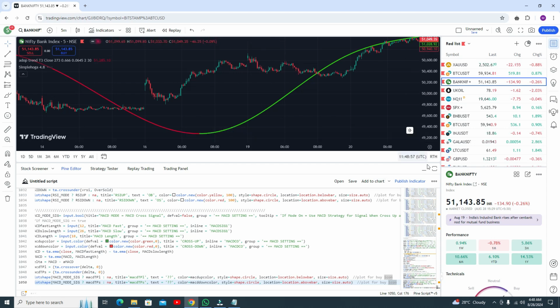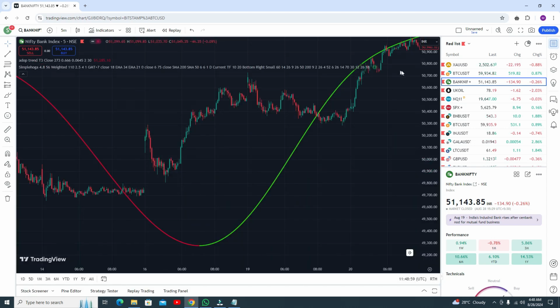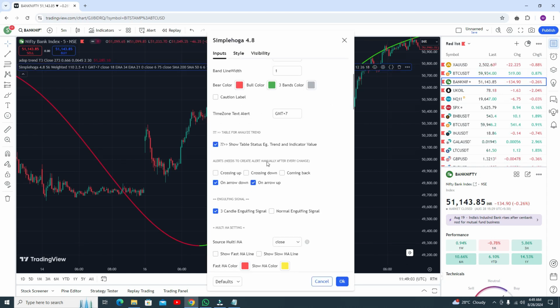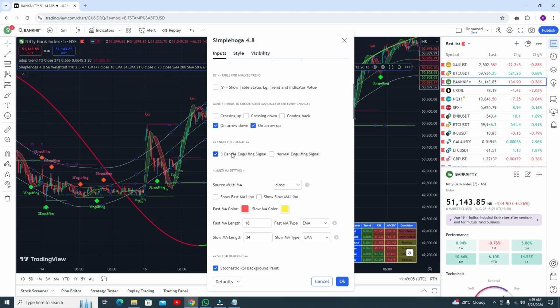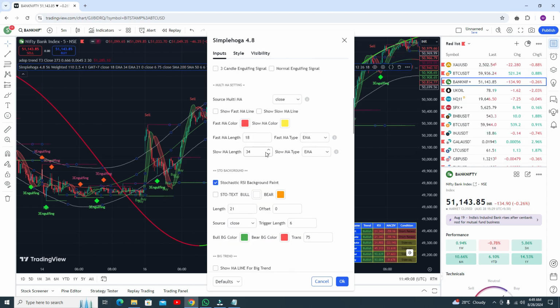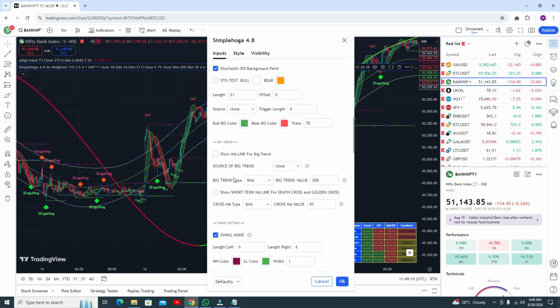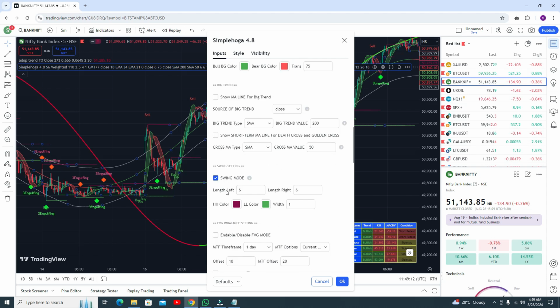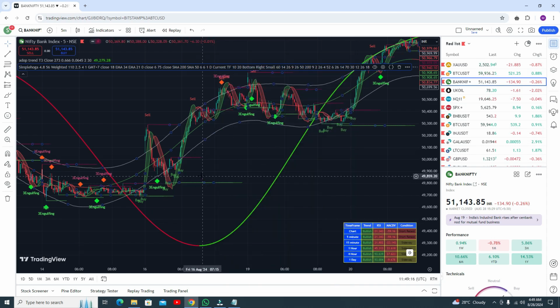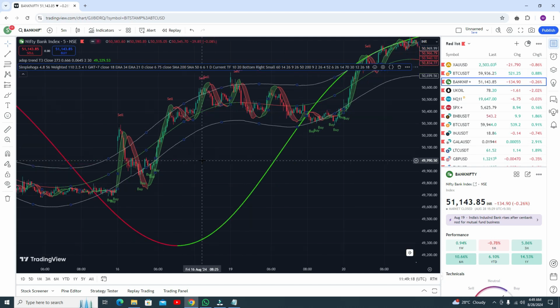And you need to change some settings in the indicator. So let me show you the settings. Go to the settings and slow it down. We uncheck this one. We do not need the fluid signal, we do not need this thing. And RSI, yes, we need this, this is the RSI. And swing, we uncheck this one. That's it, and click OK. Your indicator will look like this one. Just okay, now you can see the indicator results.